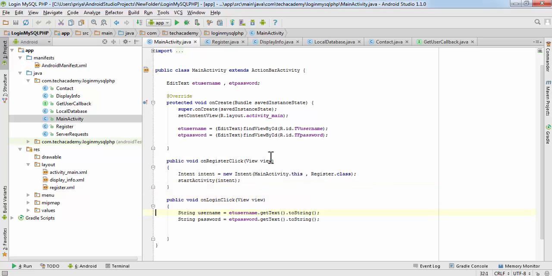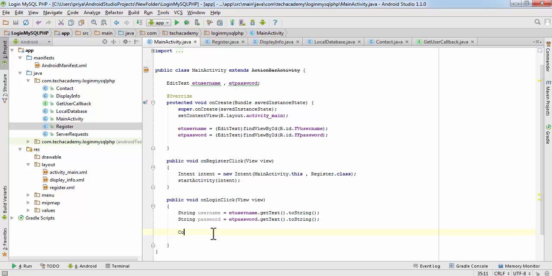So in the main activity, which is for the login purpose, here in the on login click method, after you fetch the username and password from the user, you have to authenticate the user.